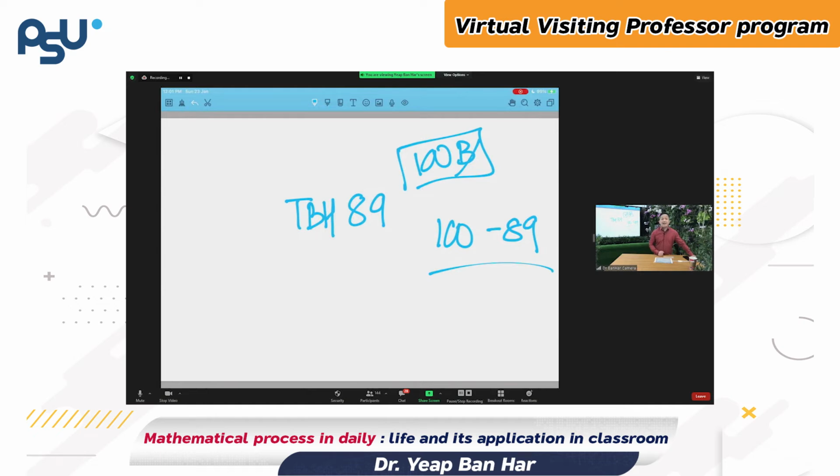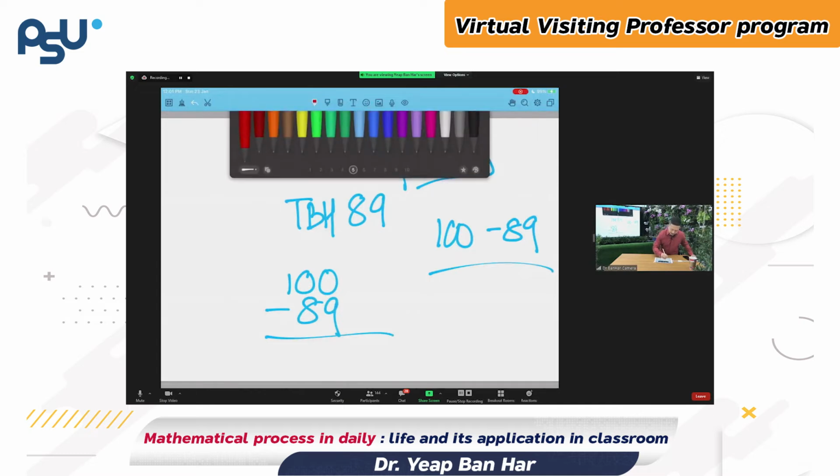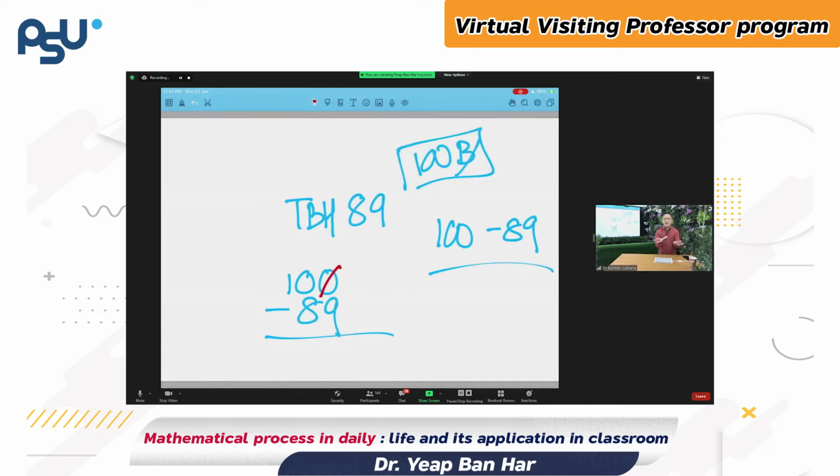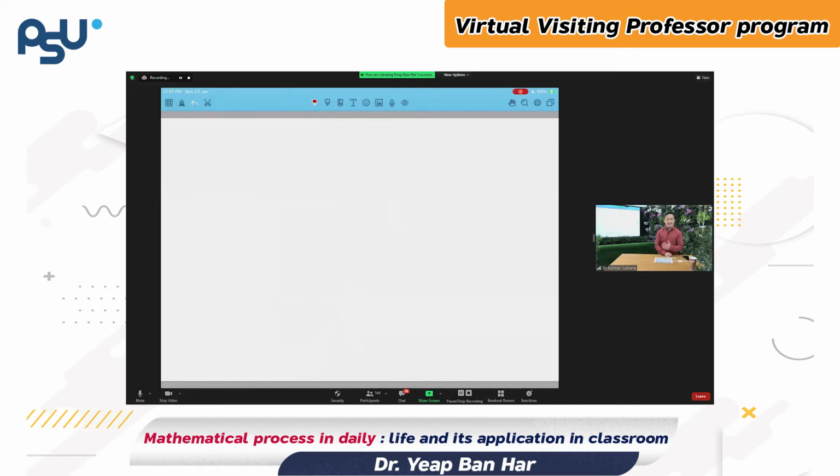Sometimes I look at how much I get back, roughly. But I don't think I've ever done, oh, what is 100 minus 89? Oh, 100 minus 89, I put one on top of the other. I don't do all that. I don't think anyone does that. Yeah? So I think many teachers misunderstand what we mean by using mathematics in our daily life.